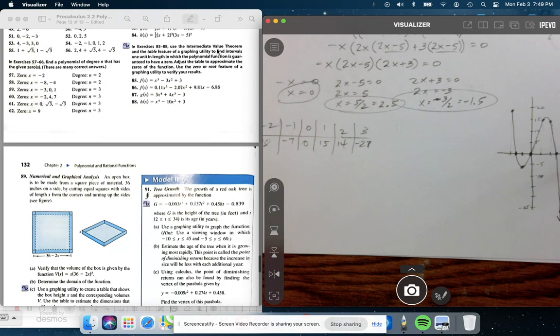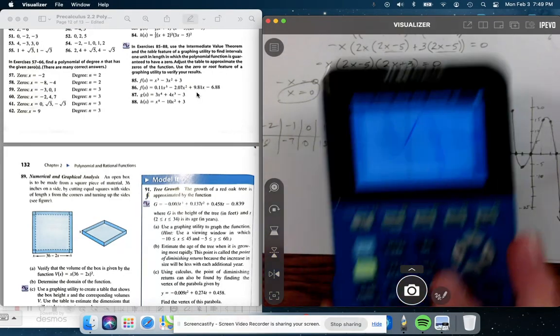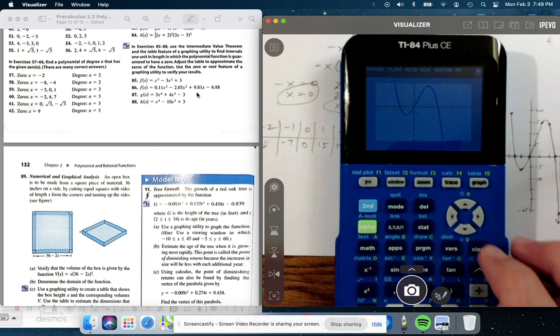What's this? The intermediate value theorem. Use the intermediate value theorem and the table feature of the graphing utility to find intervals 1 unit in length in which the polynomial function is guaranteed to have a zero. Adjust the table to approximate the zeros of the function. Use the zero or root feature of a graphing utility to verify your results. So let's do one of these. I'll do 88. This is all calculator. So problem 88,